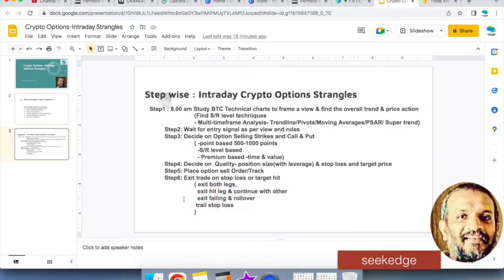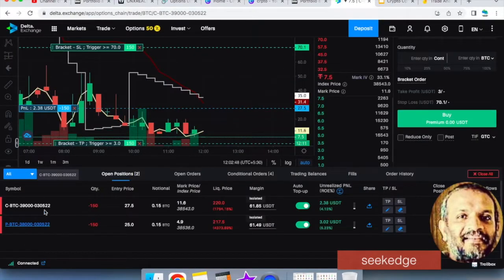Without losing my direction of the market view, I always trail the stop loss. So right now what you see is 2 legs, 39,000 and 38,000. So a 1,000 point range triangle is what you see here. Right. So I took the leverage of almost 100%. The capital put in here is for demo, and now we can see that at 27, which is less than 50,